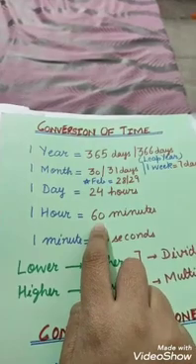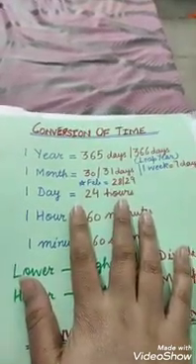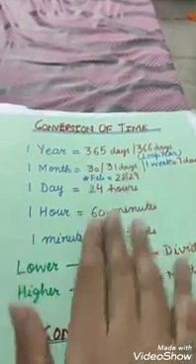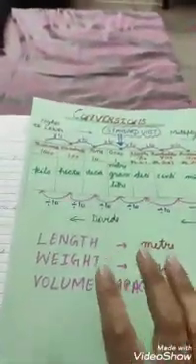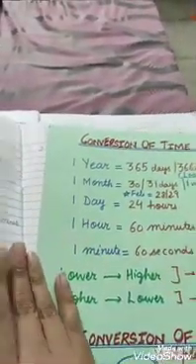conversion factor. So the same kind of chart you can make for yourself and paste it somewhere where you can have a look at it daily, and easily you will learn all the conversion factors. This one for time and this one for your length, weight and capacity. Now with the help of the one that we have made for time here, let's solve our first question.